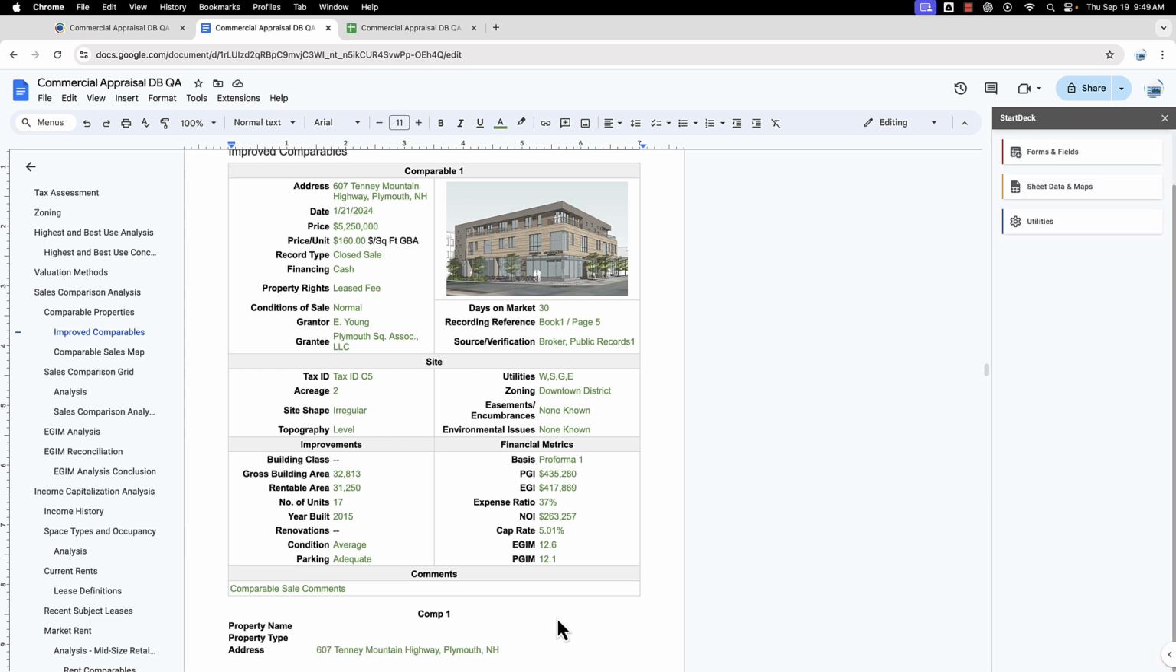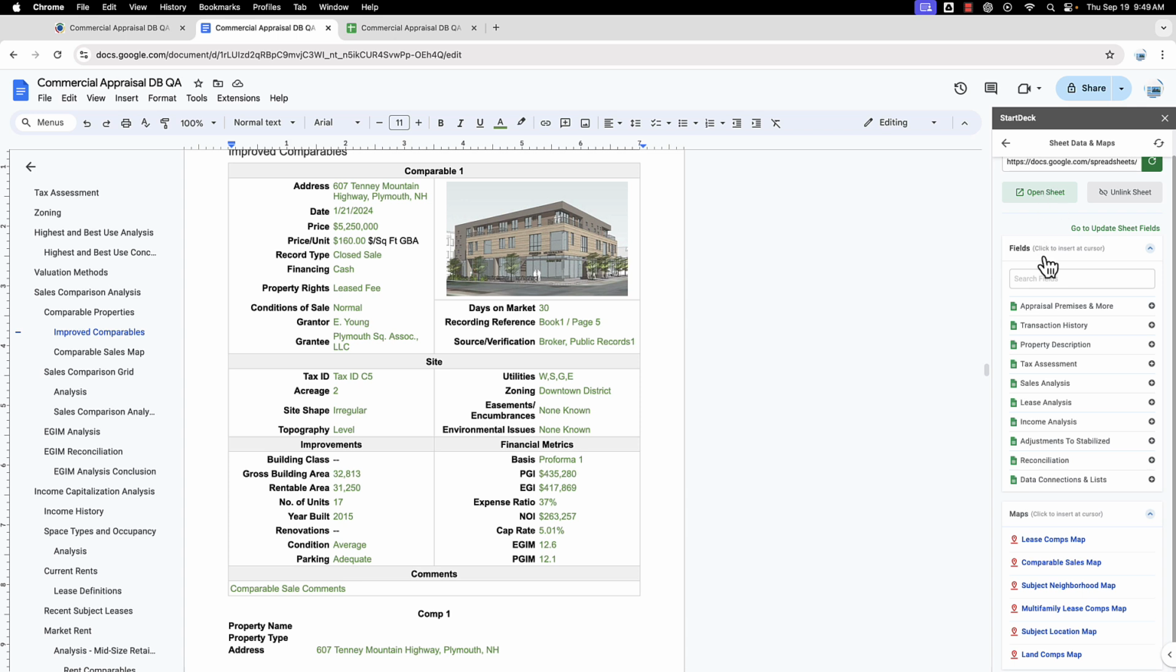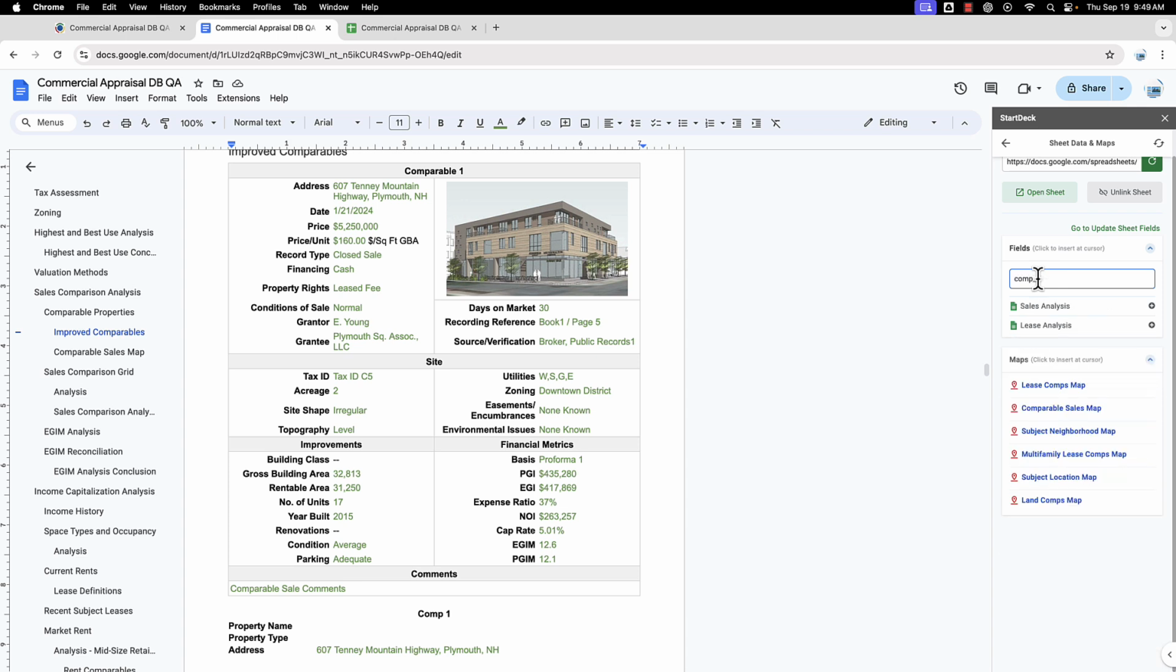Now, let's address the scenario where we want to add fields to our new comp write-up, but they are not in our default comp write-up. So for example, property name and property type. To do that, we go to Sheet Data and Maps. And because we're only working with comp 1 here, we want to sort our fields by comp 1. So this tells us that we have comp 1 fields in the sales analysis and the lease analysis in this